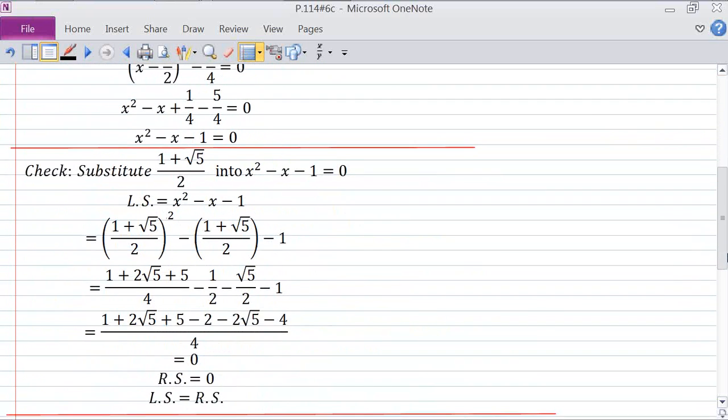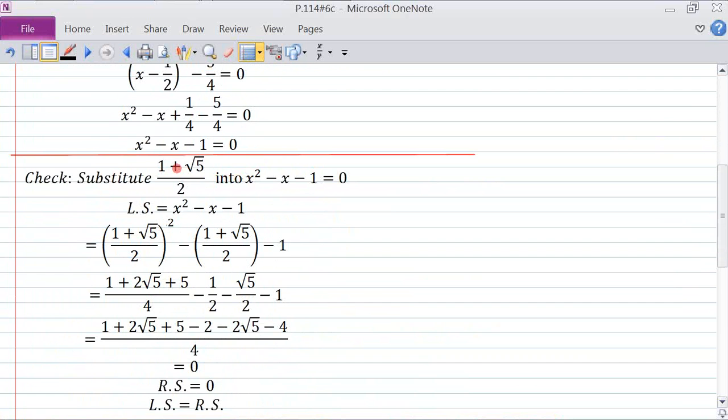We're going to substitute 1 plus root 5 over 2, which was one of our solutions, into this. We're going to put the left side, which is this, and substitute the solution which was given in the problem. So this was one of the solutions. Substitute it in, replace the x with this, minus 1, and then check what the